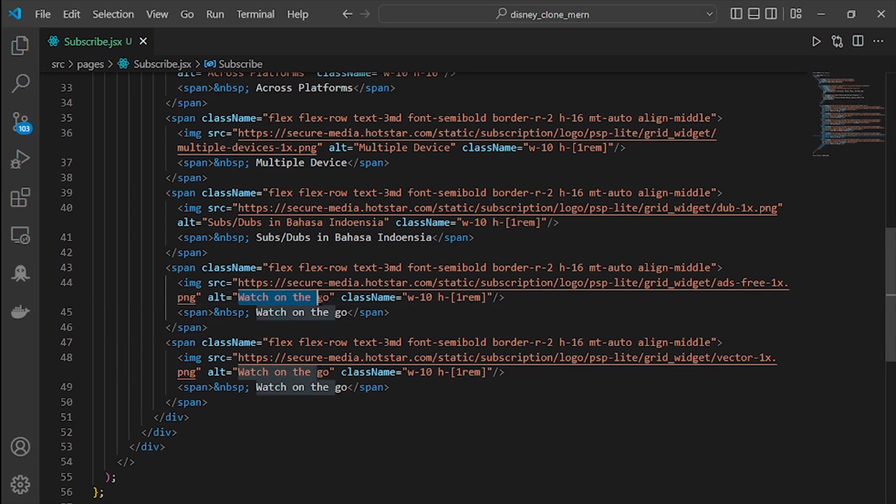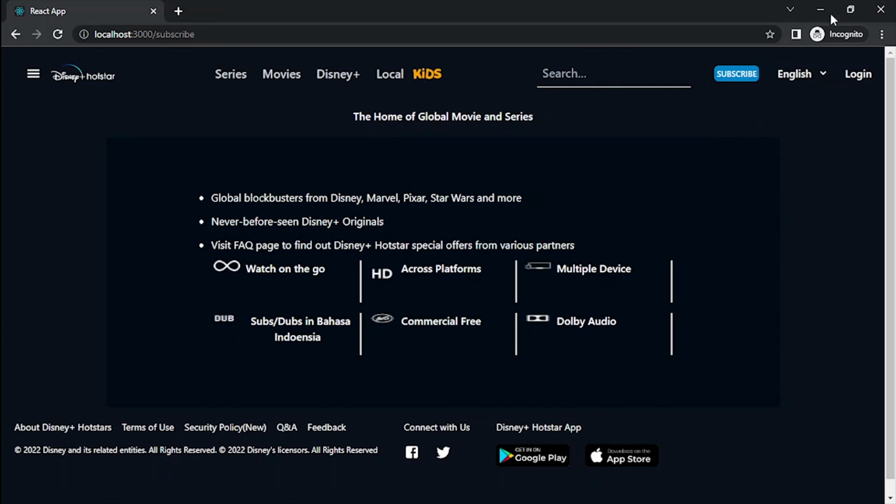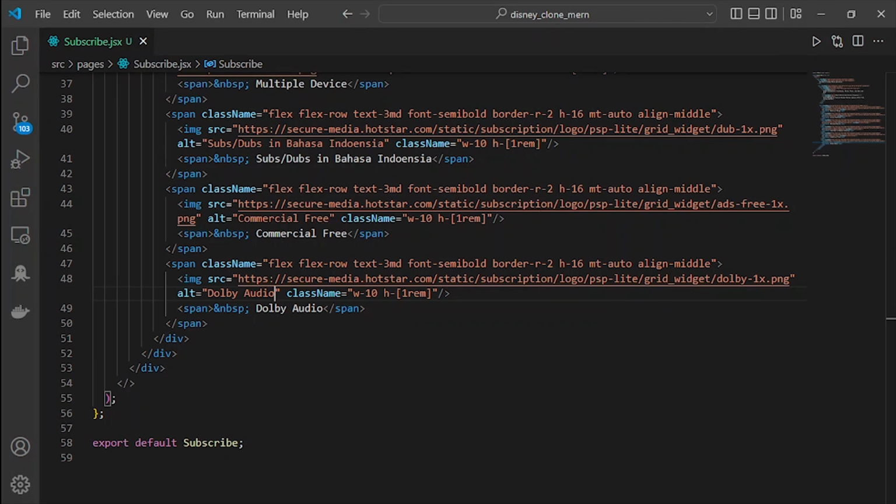And then for the text, it's going to be address. It's going to be commercial free, and the last one is going to be Dolby Audio. Copy and then paste it here. Copy, paste it here. And also we are going to change the alt to. Now save, and let's see how it looks. We got something like this. Now let's adjust